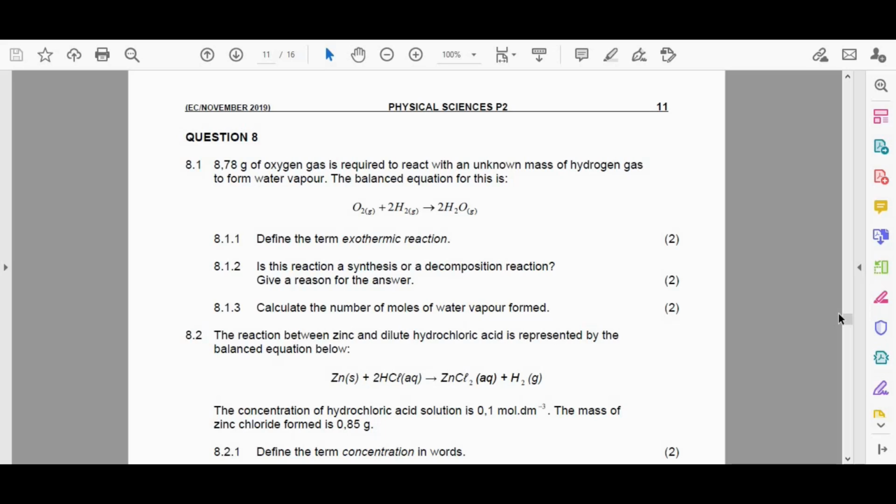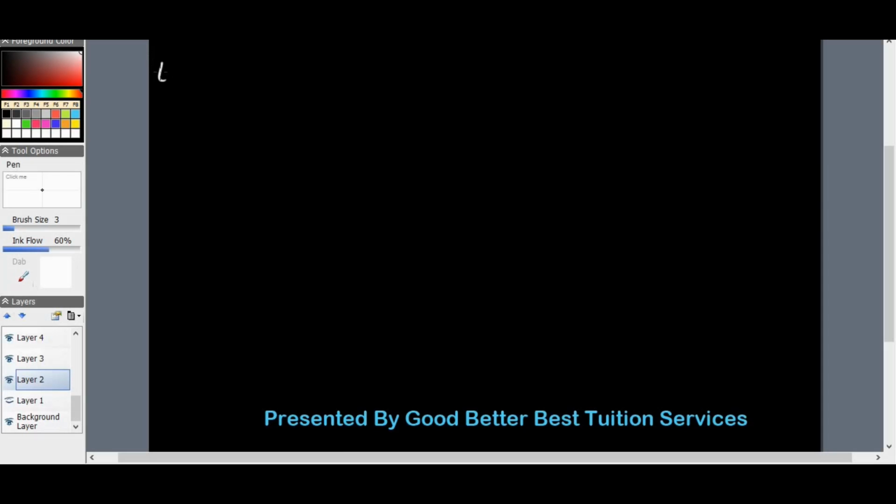It asks us to please define what the term exothermic reaction is. So can anyone in the class define what an exothermic reaction is just off the top of their head? When a reaction is exothermic, okay, it involves, as I said, where heat is released, but the full definition, we know the exothermic reaction, okay, is a reaction